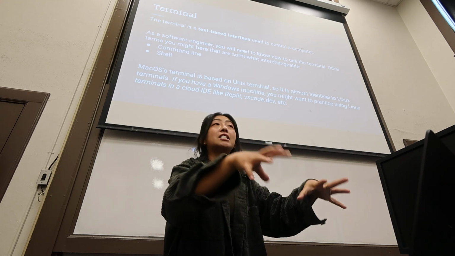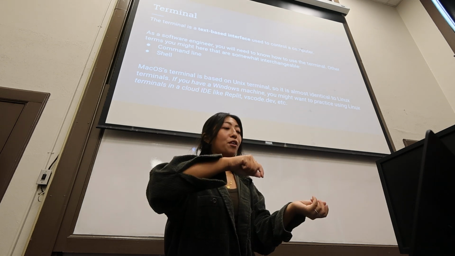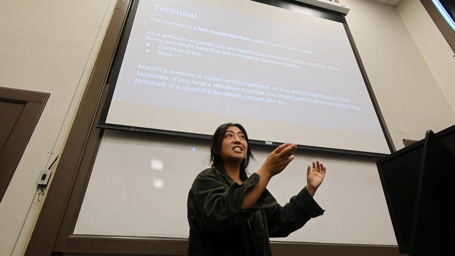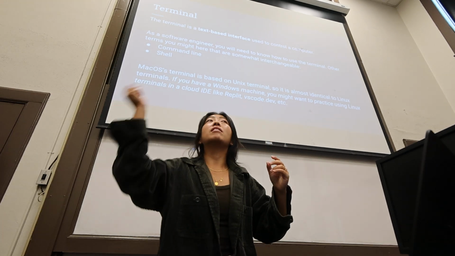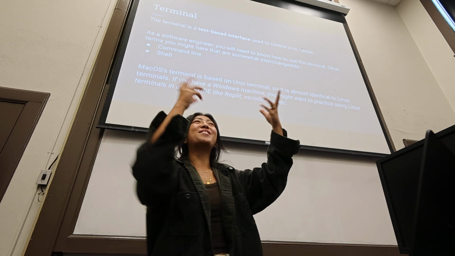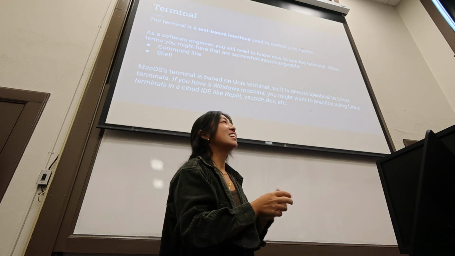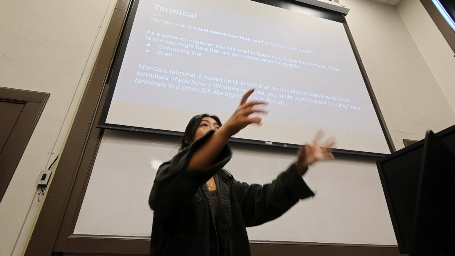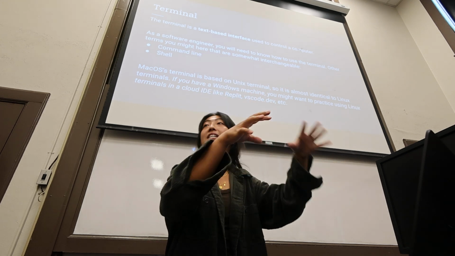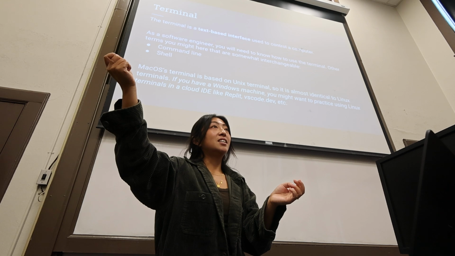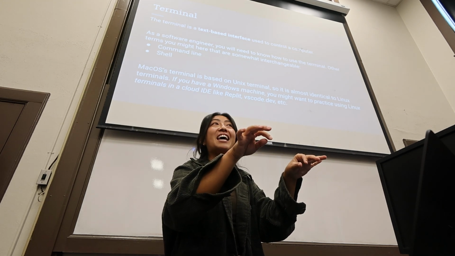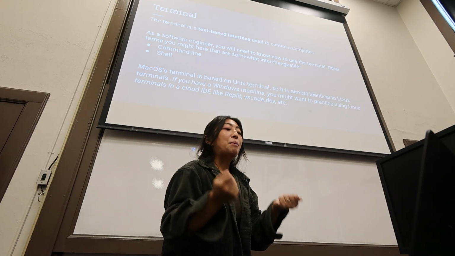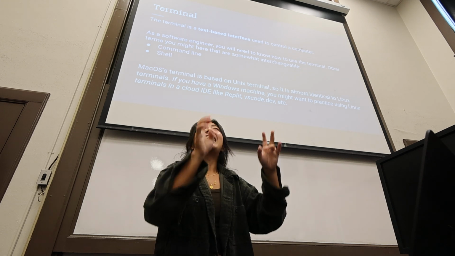So the Mac operating system's terminal is built off of Unix, and Linux is similar to that. Unix was created first as an operating system, and then Linux was created by some European person, I think, and then they made it open source. So the operating system of Mac and how terminal works in a MacBook is very similar to Linux. So if you practice commands on your Mac and open the terminal, then you know how to work Linux, right? But if you have a Windows machine, it's something else.